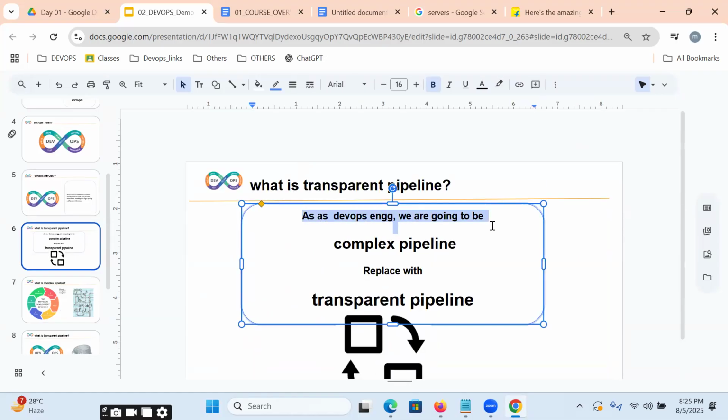As a DevOps engineer, we are going to replace the complex pipeline with a transparent pipeline.